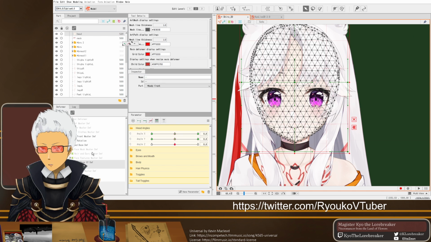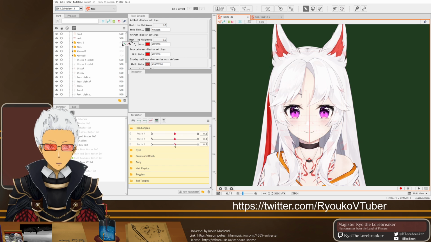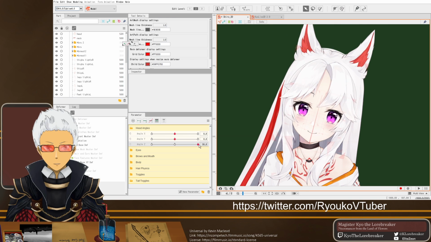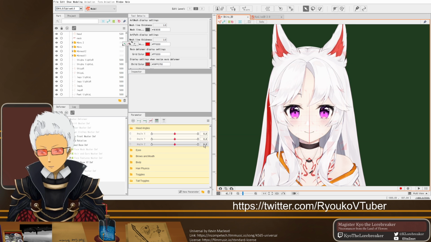I'm gonna grab the head base X and Y deformer I created, plus the main mesh. I've already put on my angle X and angle Y, but not angle Z. Angle Z is actually the head rotation, which has already been done. So her angle Z for her head is done, and we'll have to go back and refine that as well.